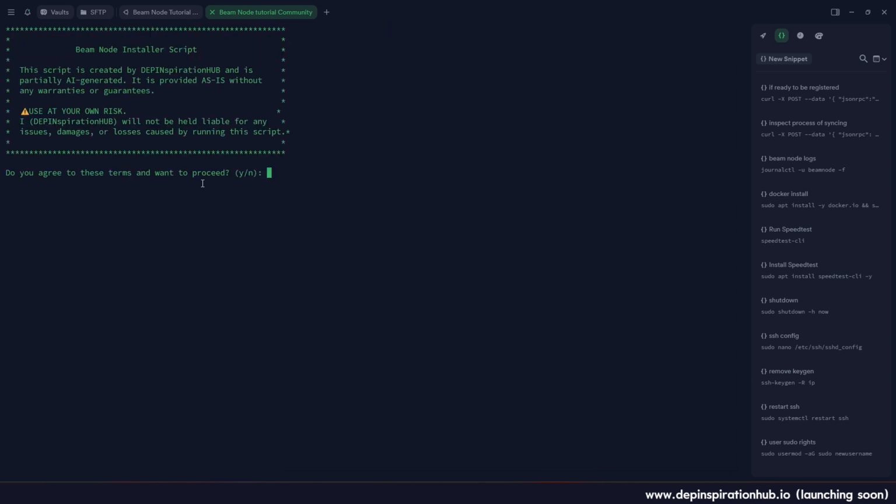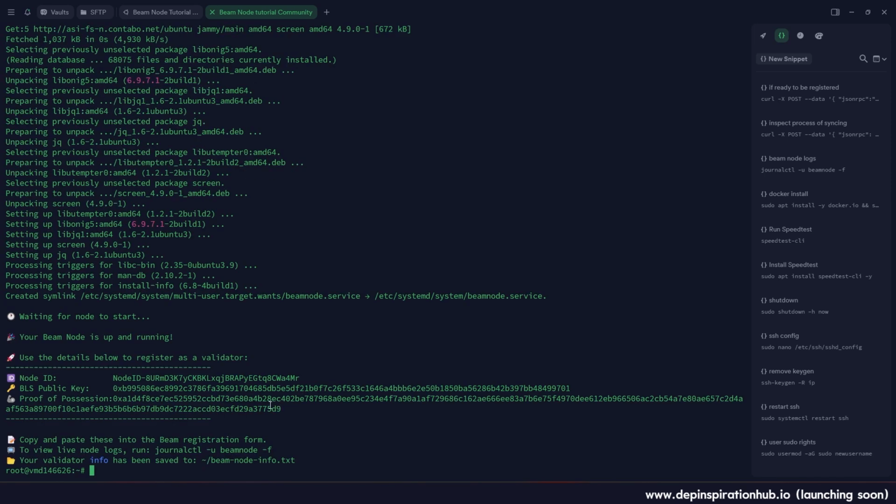enter. Then here what you're going to have to do is to accept the terms and conditions for using the script, then press Y to accept the terms and conditions and just press enter. And in less than 1 minute, guys, the node is installed and up and running without us having to input about 20 commands. Now what this already provides you is that it outputs the node ID, the BLS public key,